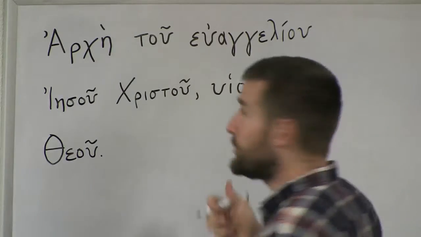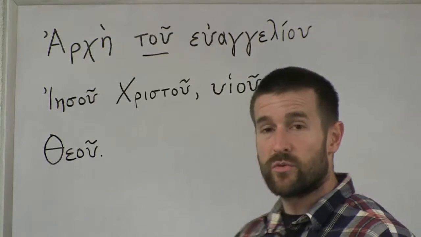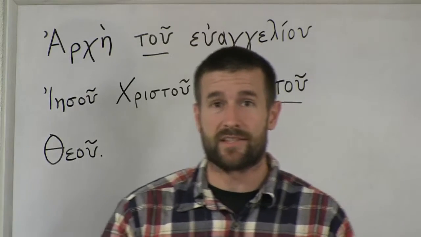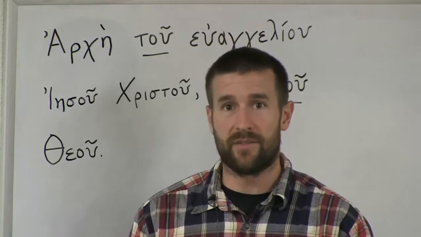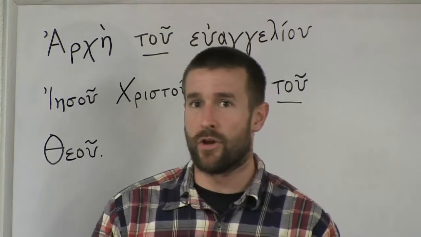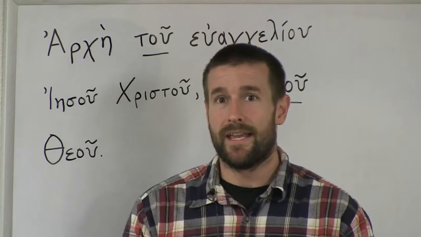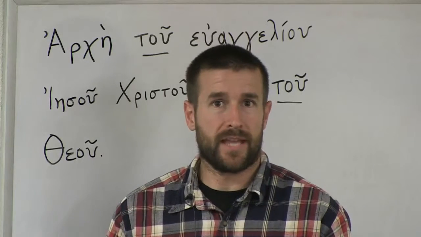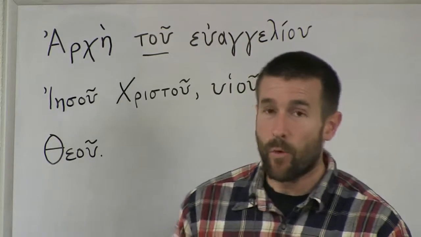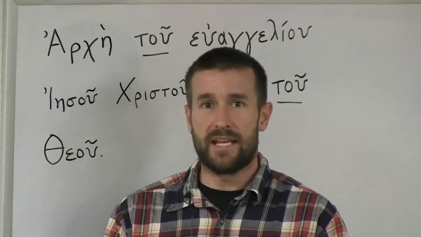Now, these two words here are the word the. But because those words are in the genitive case, it becomes of the. Now let me stop and explain the genitive case. In the other videos, we learned about the nominative case, the accusative case, and the dative case. Well, there's one other case that you need to know, and that is the genitive case. Those are the four main cases with Greek nouns. Now, there is a vocative case also, but it's not very common. It's pretty easy, not anything to worry about. The four that you need to worry about are accusative, nominative, dative, and genitive.